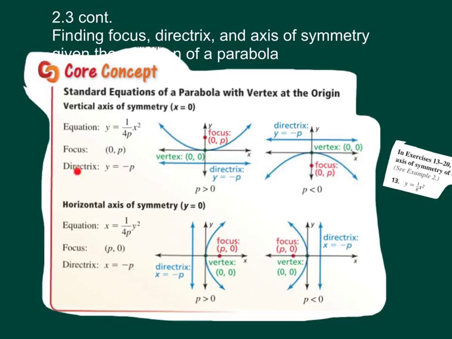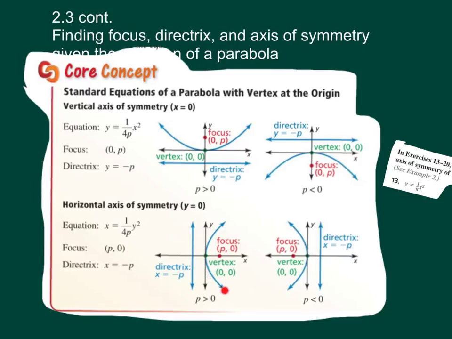Now this equation and all this stuff right here only applies when the vertex is at the origin. So if the graph opens up or opens down and the vertex is at 0, 0, then we can use this bit of information right here. This is something that we have to memorize because it will help us find the different things that we're looking for. Now if we figure out it's a horizontal axis of symmetry,